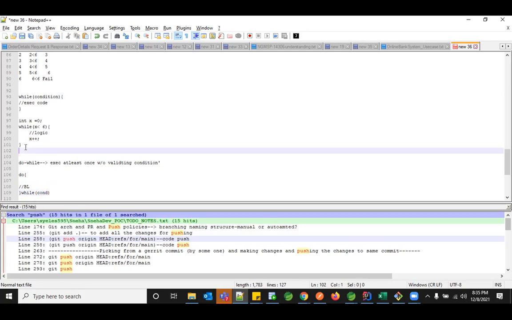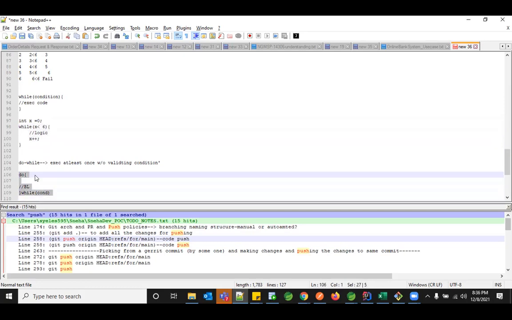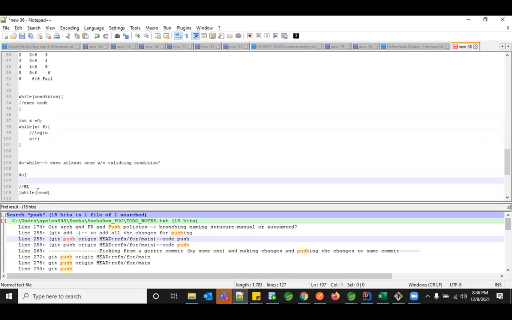So if your execution is happening here for 5 times, and if your execution should happen more than that, like there is no pre-check, whereas here you're doing a pre-check, only if 0 is less than 6 I'm going to execute it. If there is no pre-check, in such situations you can go for do while and execute it for the first time, and post that you evaluate your condition. Say for example, you're writing your examination. The first time you can go ahead and write. But after writing, if you're appearing for your exam a second time, you're not allowed.